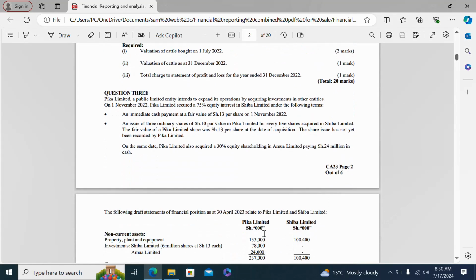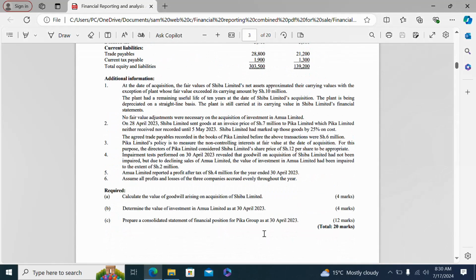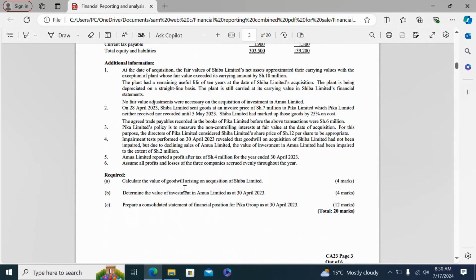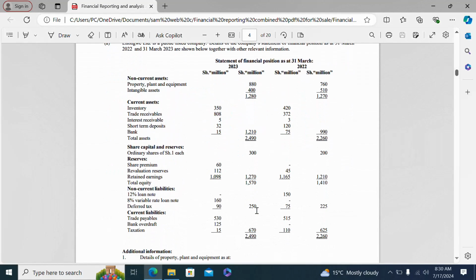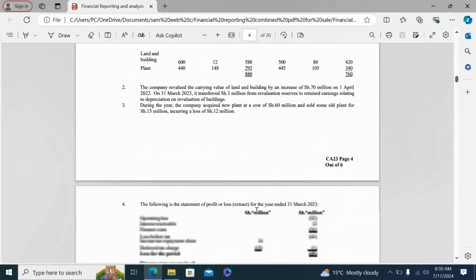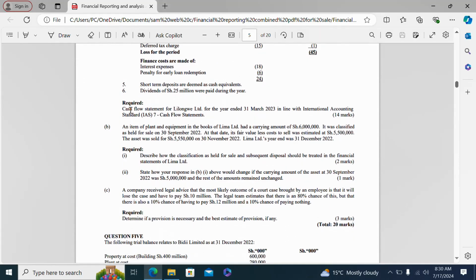Then question 3. Required: calculate the value of goodwill arising on acquisition of Shiba Limited. Determine the value of investment in Amua Limited as at 30th April 2023. Prepare a consolidated statement of financial position for Pika Group as at 30th April 2023. Question 4. Required: